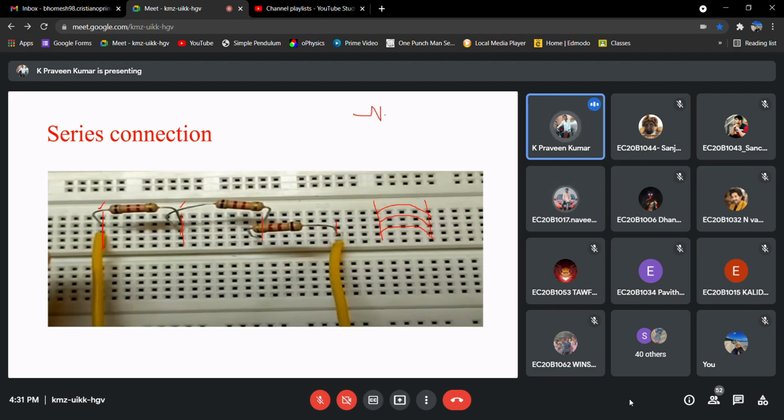So let us say all these are in parallel, since all are sharing the same connection point, right? So in this case, you can have this parallel connection, something like this, right?